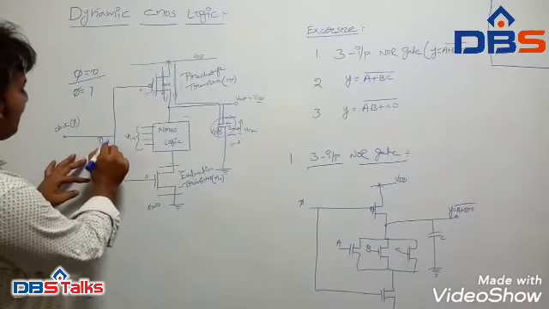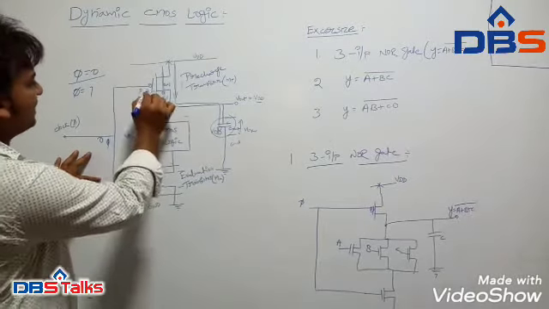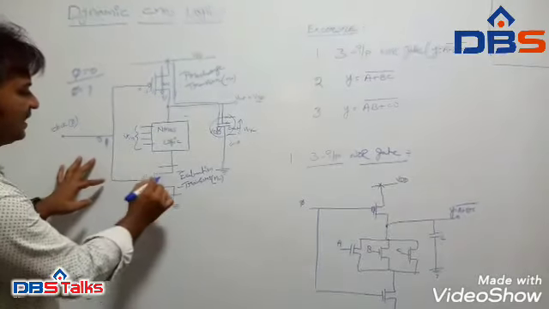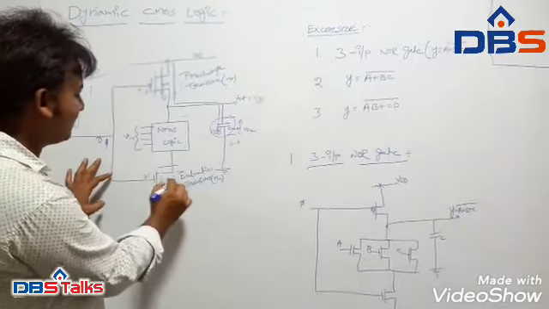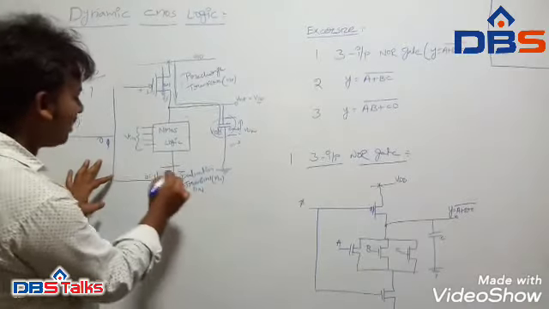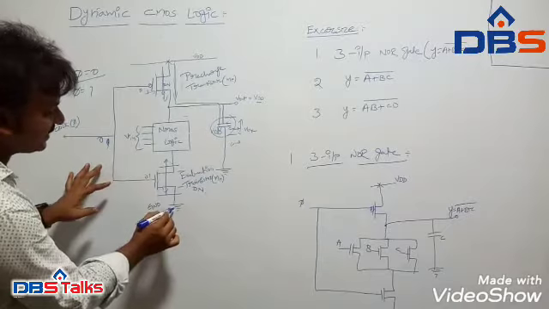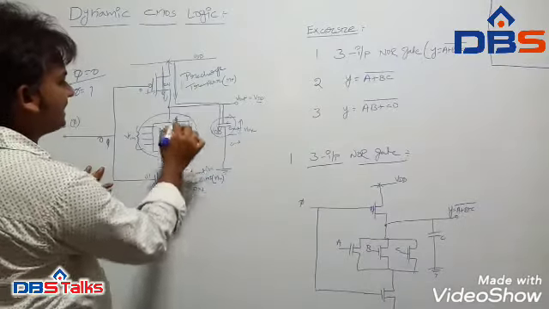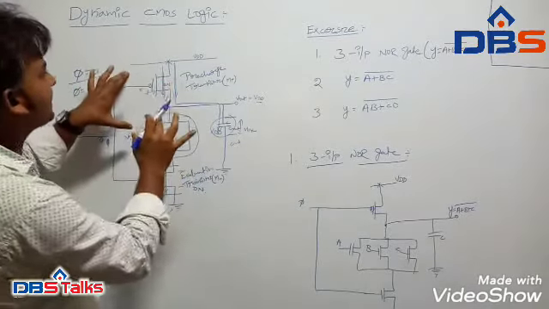So whenever we are applying the 1 at this input, the 1 will be the input for both the transistors. So here the evaluation transistor will be 1. The input is 1. That means on condition. On means it acts like a closed switch, and this will be connected to the ground terminal. So whatever the logic present here, irrespective of that logic, both the dynamic CMOS logic will